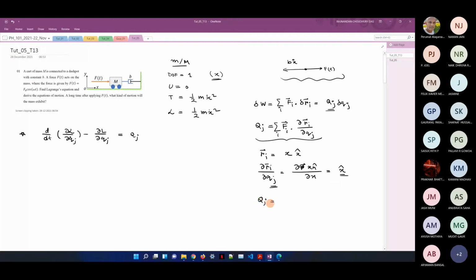So what are the generalized forces acting on that? One is F(t), which is acting along x cap, dot our del r i by del q j, which is nothing but x cap again. Okay, plus another force, this one B x dot, which is acting along